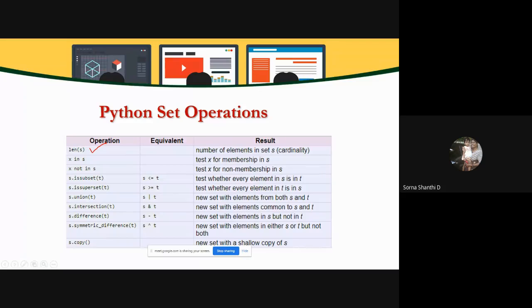Okay, so len implies what? What is the size of your set? That will be returned, that is, the number of elements in the set will be returned. Okay, clear? And similarly, if I use max, the maximum element will be returned. For example, if you see this particular set,